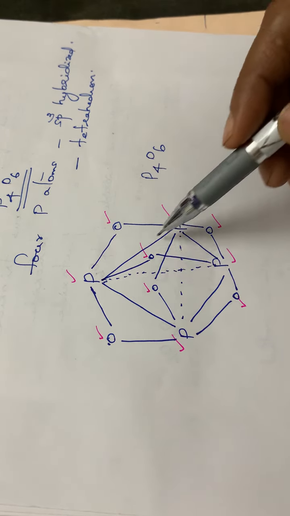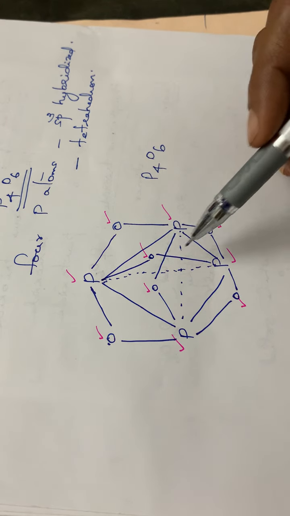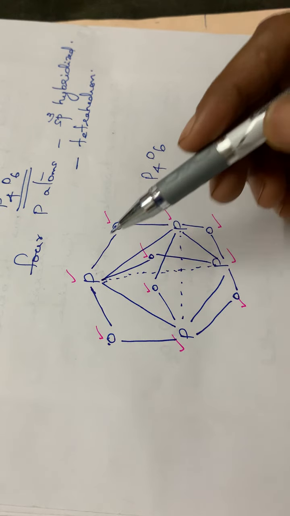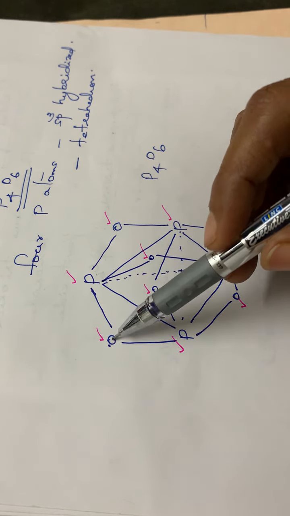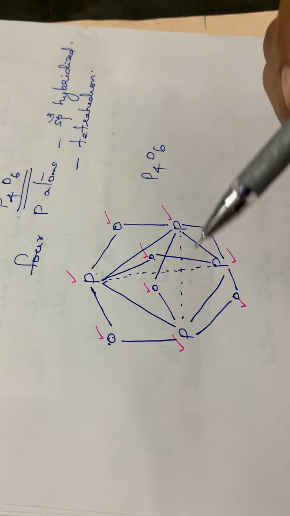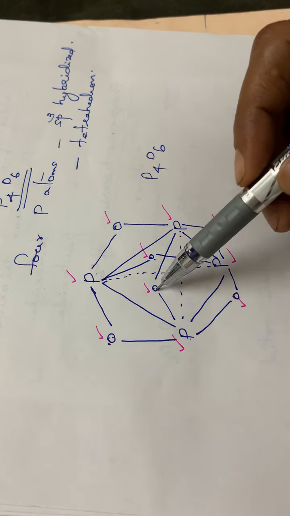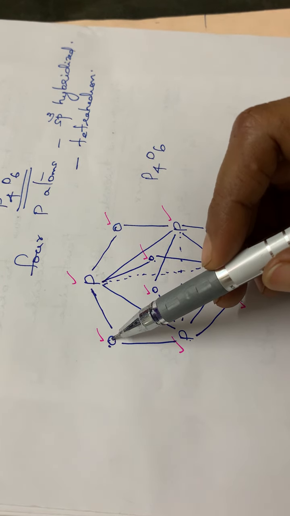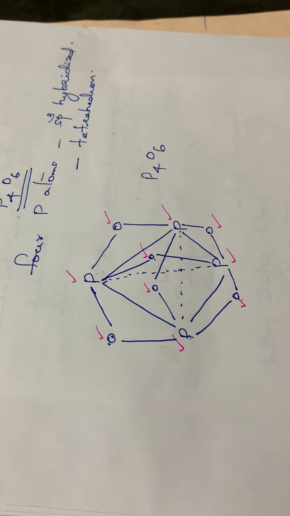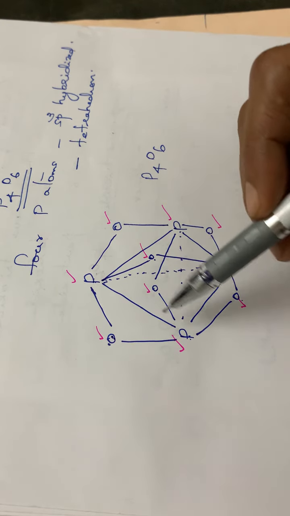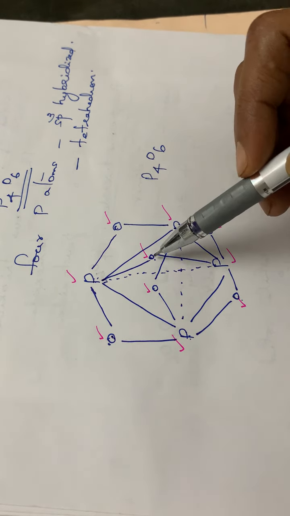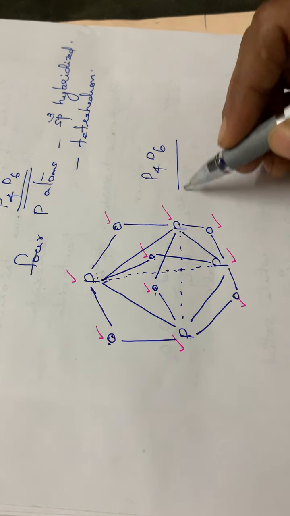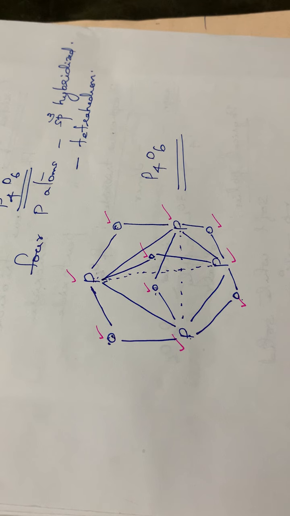First of all, you have to draw the regular tetrahedral geometry of the P4 molecule. Then the alternate oxygen atoms. Each phosphorus will be bonded to 3 oxygen atoms. See, for this phosphorus 1, 2 and 3. Then again for this phosphorus 1, 2, 3 oxygen atoms. Also each oxygen atom will be bonded to 2 phosphorus atoms. Here for this oxygen 2 phosphorus, for this oxygen 2 phosphorus, for this one 2 phosphorus, for this oxygen 2 phosphorus. So this is the structure of the P4O6 molecule.